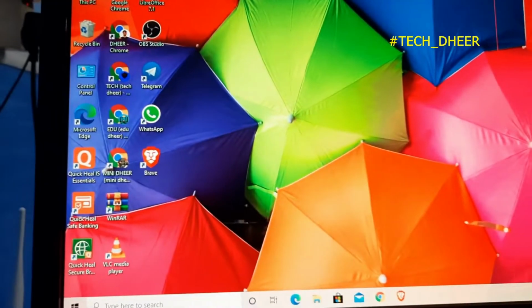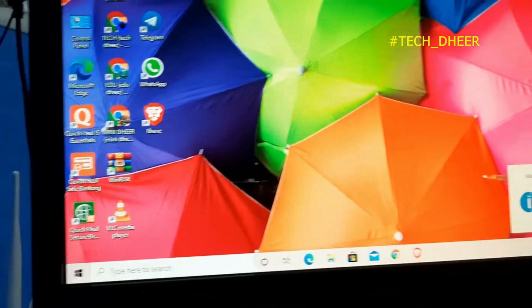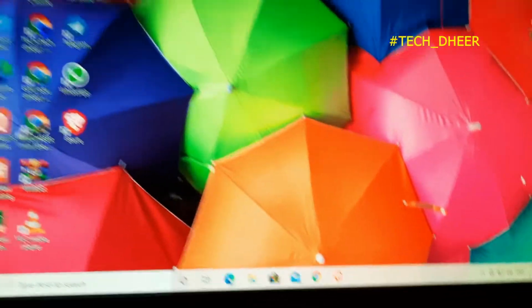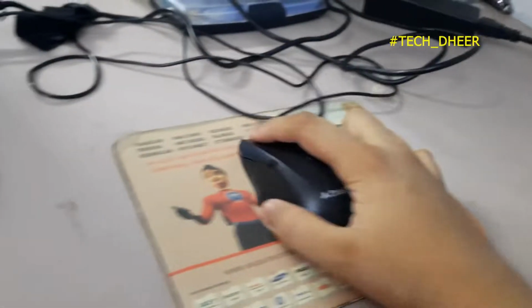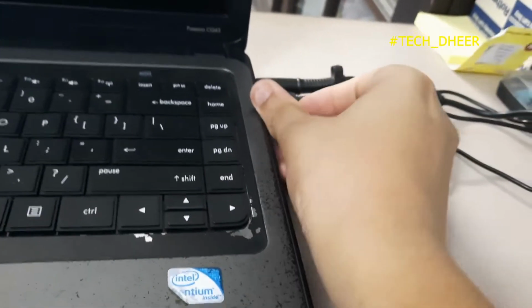And so I'll just eject the pen drive first, and in the next steps I'll tell you what to do. Okay, so now we are going to the laptop. I've added an external mouse because the laptop is very old and the trackpad is not that good. I'll just insert the pen drive first. Always insert the pen drive first so that the computer can detect it.